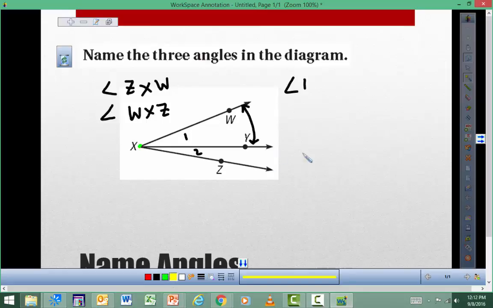And so this angle down here, we could say it's angle 2. This one right here on the bottom. So that's a little shortcut method. There's one other shortcut method that we might use, but we only do this as long as there's no confusion